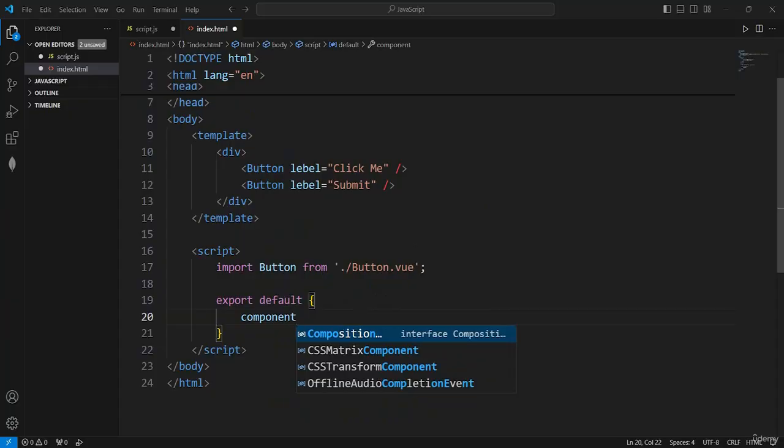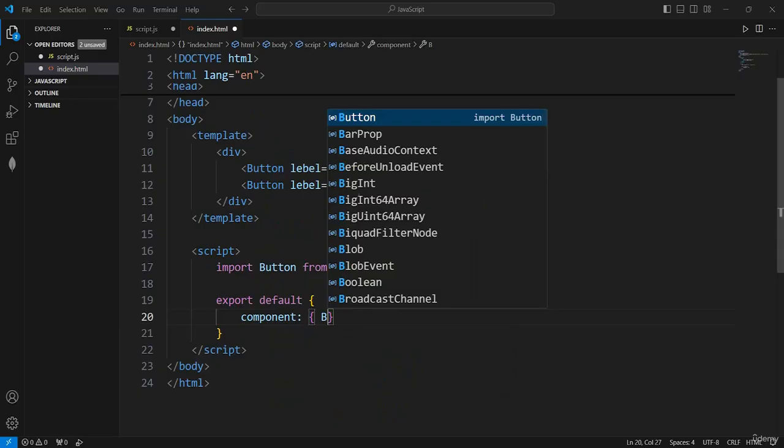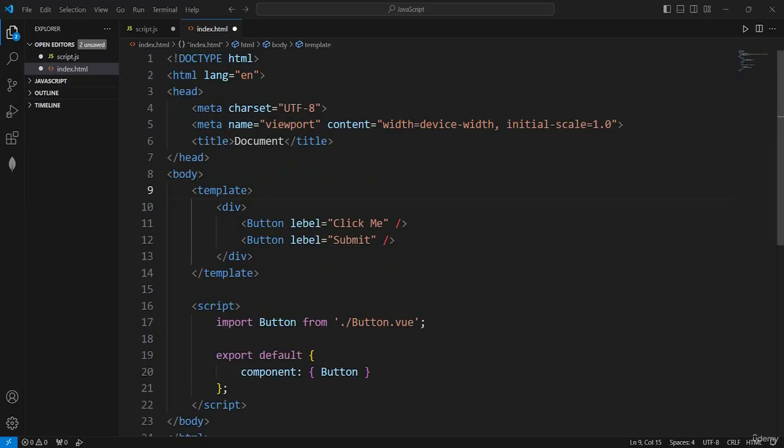So apply this component and creating this colon and also using this curly bracket. Okay, so here the program is completely done, to be using for this. Then Vue imports and registers the button component, and passes label values similarly, and it demonstrates how components can work together seamlessly. Okay, so I hope you will be perfectly understanding and reading